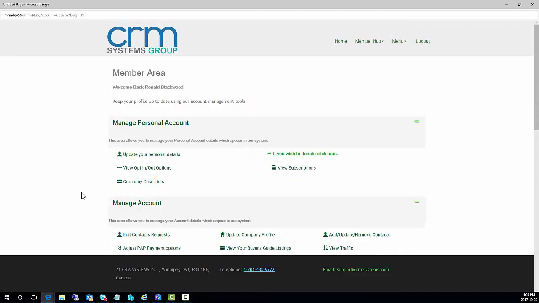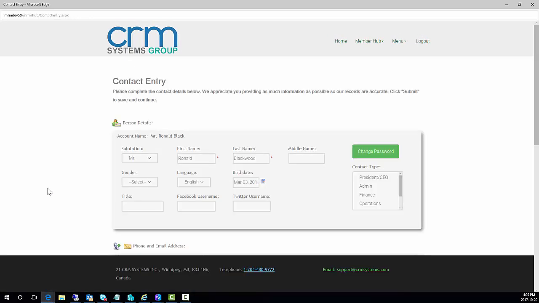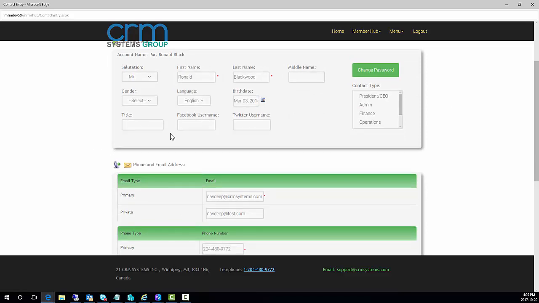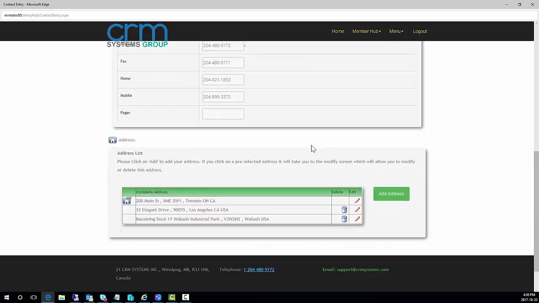So just to give you an idea of how some of this looks, if I go up to update your personal details and I click on that, it'll go ahead and update that screen, and you can see the different settings for my personal profile. So I could change my language or reset my middle name. I could change my password. This is where I would do that. Put in my title, put in some of my social media credentials, update my phone and email information, and then